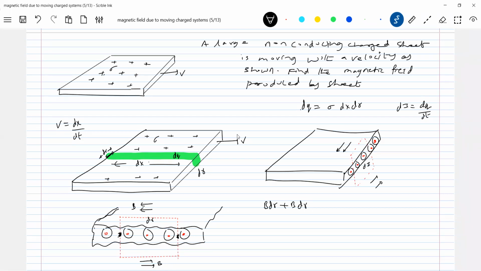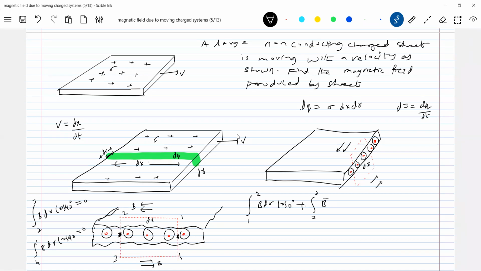Value of B bar dot dl for 1 to 2, for 2 to 3 and 1 to 4, it should be zero, no? It will be like this: B dr cos 90, it will be zero. Similarly for 4 to 1, B dr cos 90 is 0. So I'll add up only due to 1 to 2 and 3 to 4. Or are you finding it difficult? So you break up everything. 1 to 2, B dr cos 0 degree,